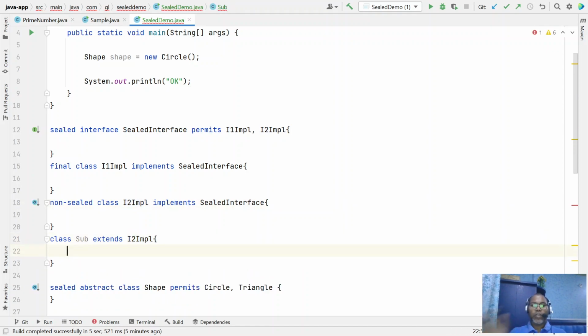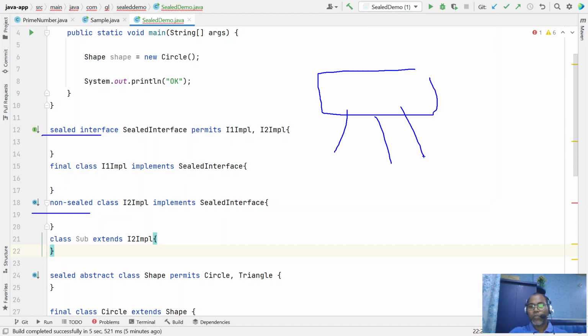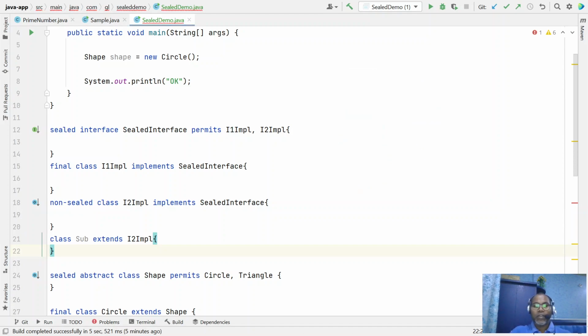Generally, these are not the recommended way. When you are applying sealed, you are applying restrictions on the inheritance. Non-sealed is just the opposite: anyone can extend.